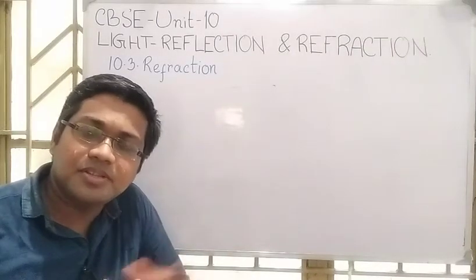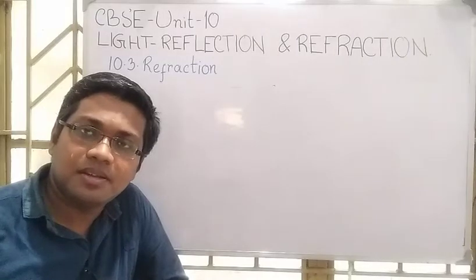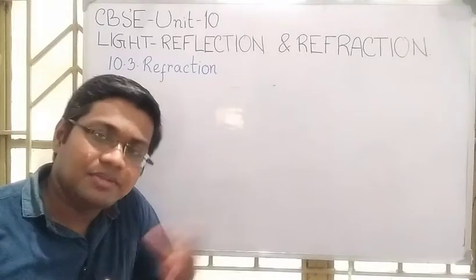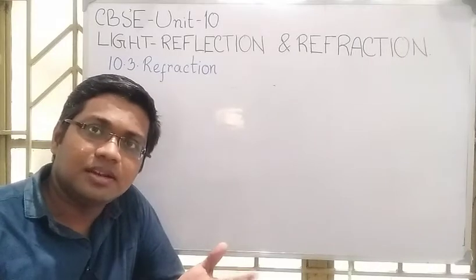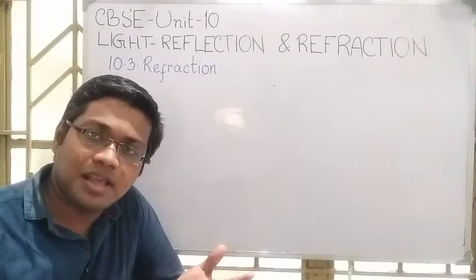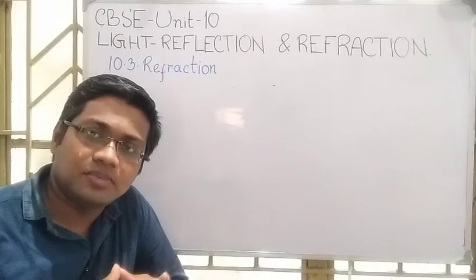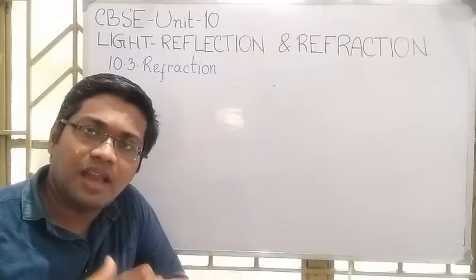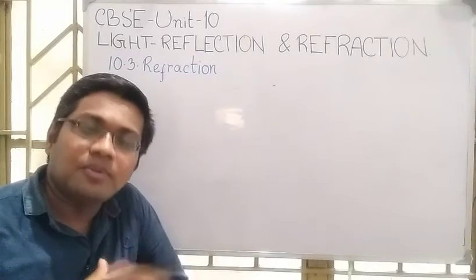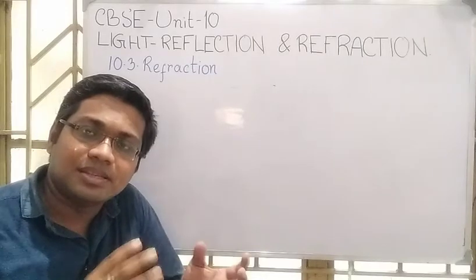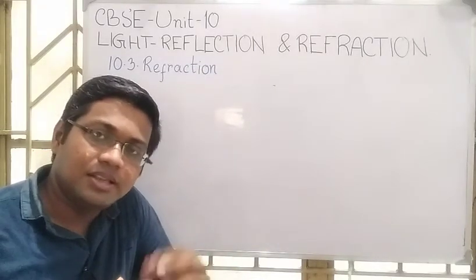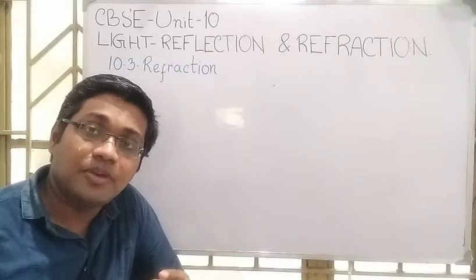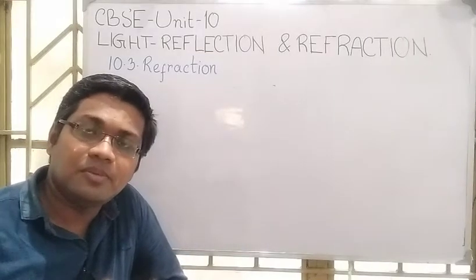In the previous lecture, we understood the relative refractive index, and we saw that if light enters from air to water, the relative refractive index in that case is the reciprocal of the refractive index if the light enters from water to air. These relative refractive indices are reciprocal to each other if we follow the principle of reversibility.